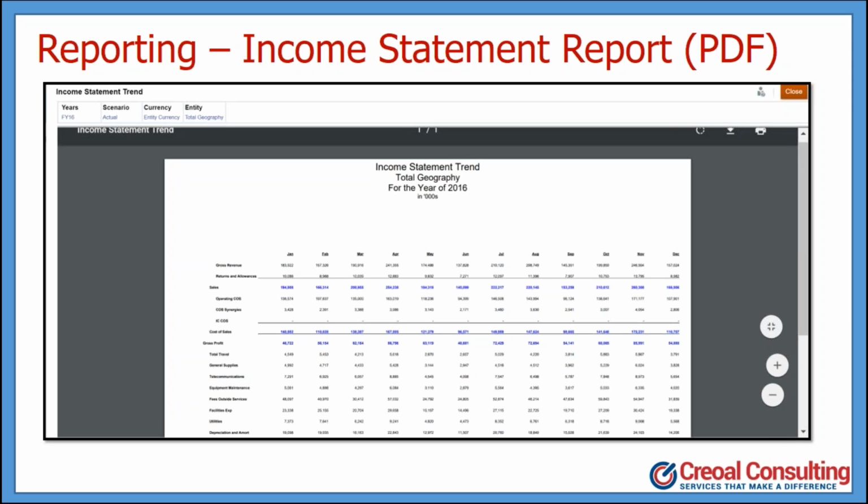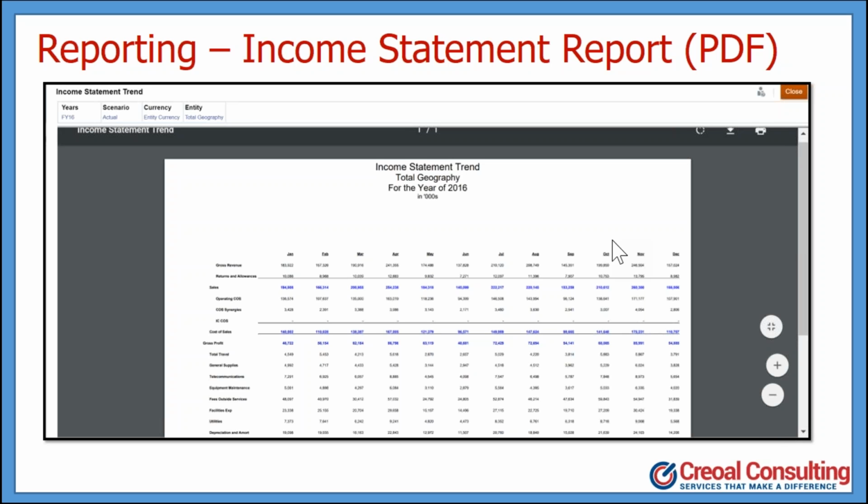Any of those features that are a requirement for highly formatted reports do become available within the FCCS PDF version of the production reporting. And then also what FCCS does is it allows you to create what we call a report book, so that if you have a list of reports that get generated on a periodic basis, say monthly, quarterly, or annually. What you can do is you can actually create a report book, and you can schedule it to run, and you can publish it. That set of reports can then be published to the portal and made available to users,